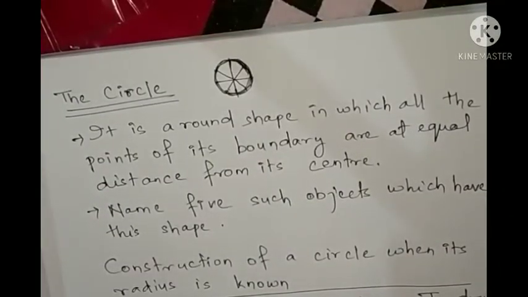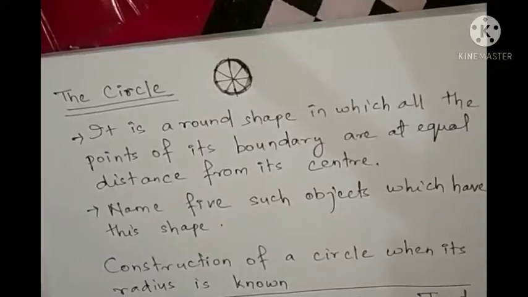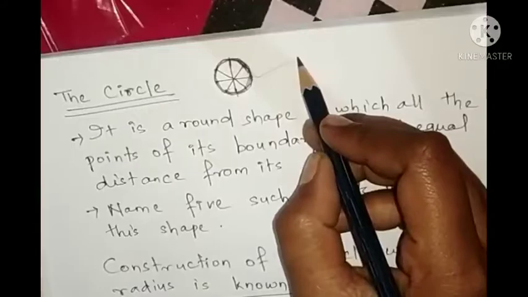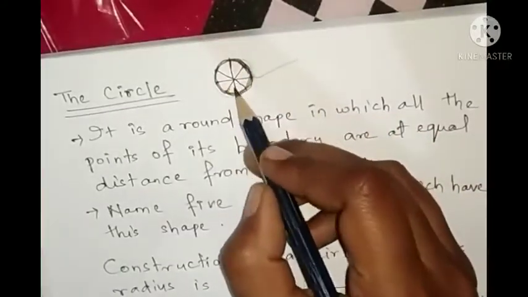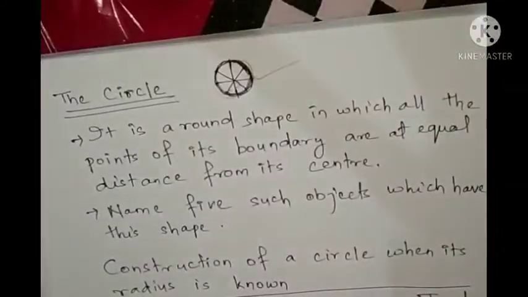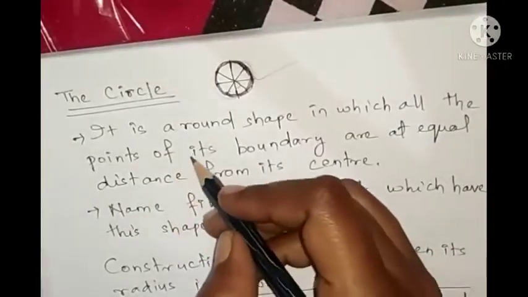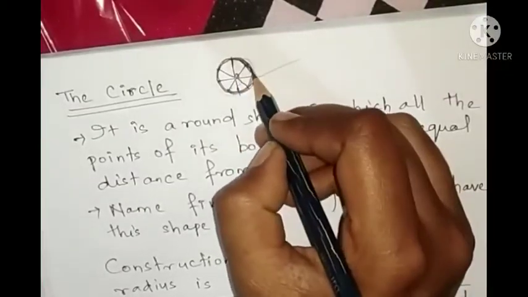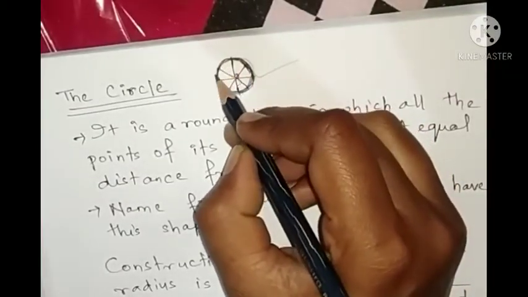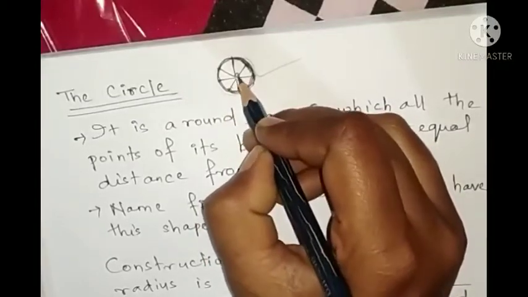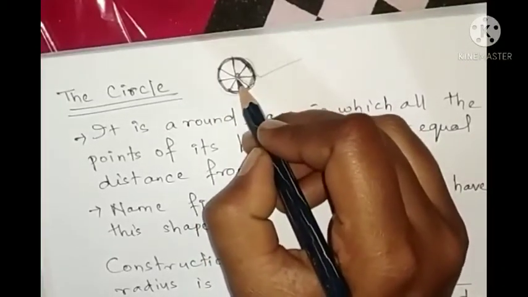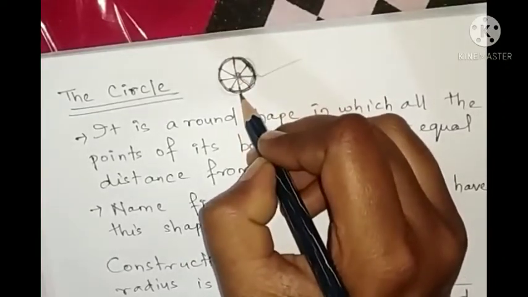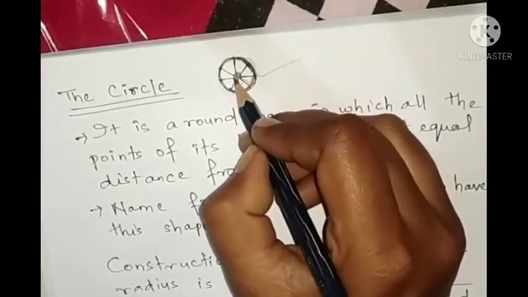Okay. Next we will see the circle. So you have seen the wheel of a cycle. Wheel that is like this. Okay. So if you start from one end, it will go to the other, and there the spokes will be there. In the wheel there are spokes, and all spokes are attached to the boundary of the wheel and the center of the wheel.